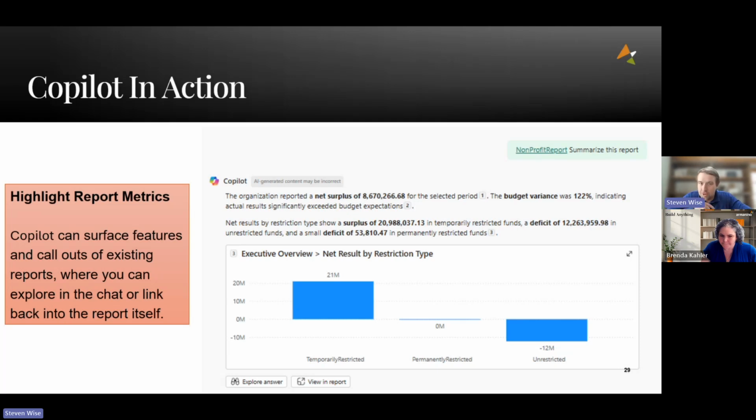We'll show this in action when we get into the actual Copilot. We'll do this exact exercise, and you can see what this experience is like. The idea here is Copilot is a layer that you have available to interact with this data. Maybe you're really into going into the Power BI report, and that's great, and you can. But there are others who might say, I don't want to take the time to figure out and read through this. Let me just ask Copilot real quick. You'd be surprised at what you can learn in that sense. And so it's fed me back some